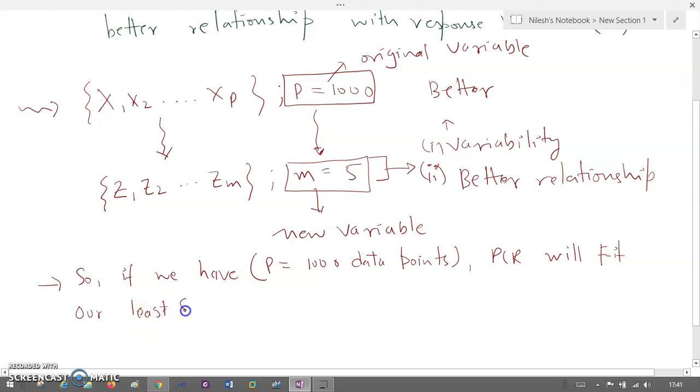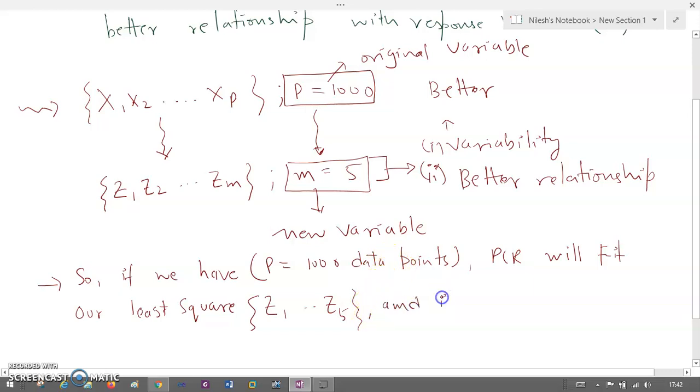This is my least squares, and by means of least squares, these are z1 to z5. So PCR will fit our least squares on z1 to z5,